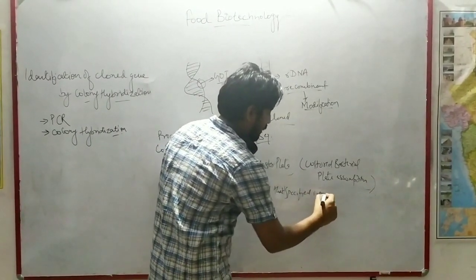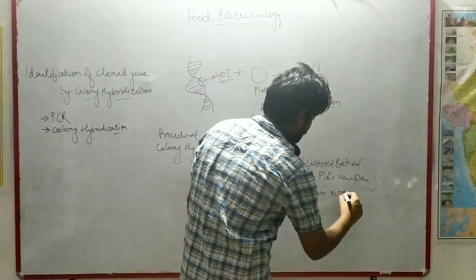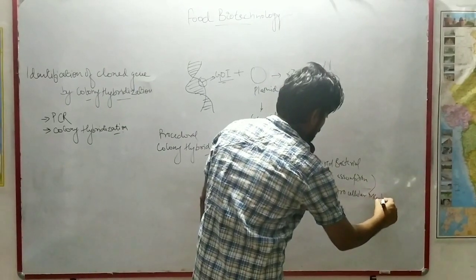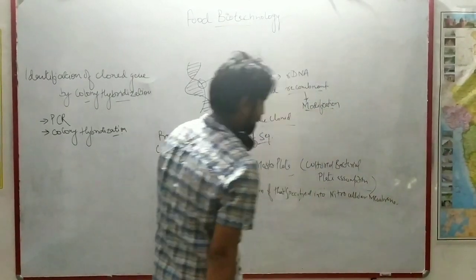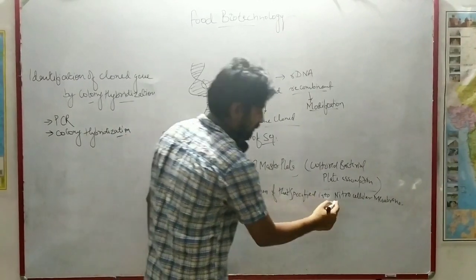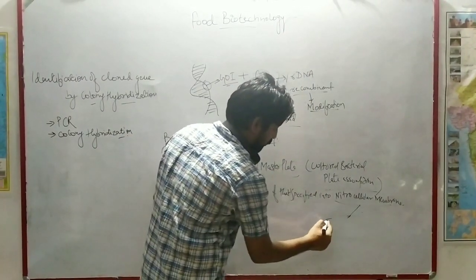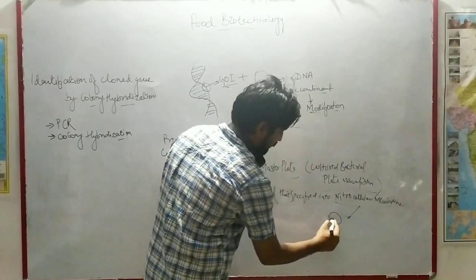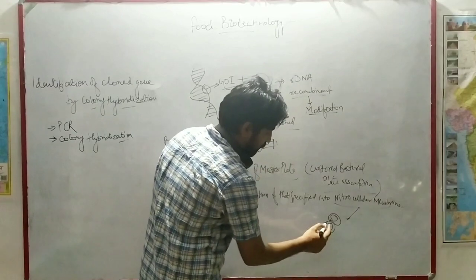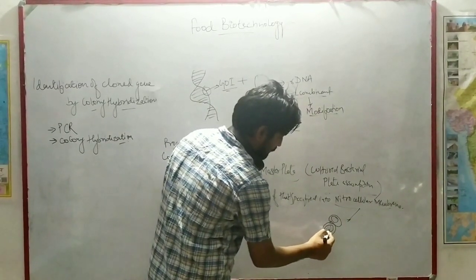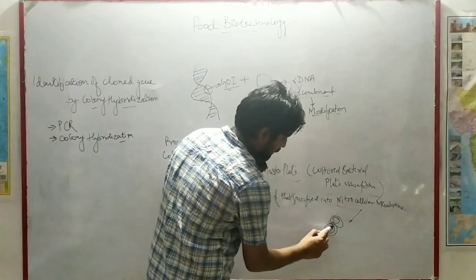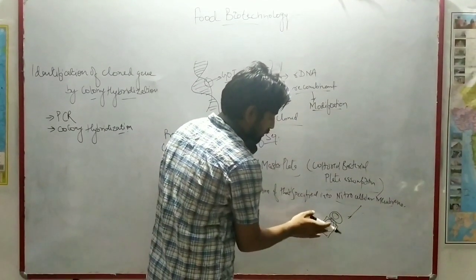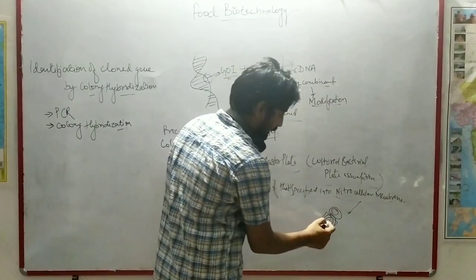onto the nitrocellulose membrane. This procedure has several steps. Firstly, we will take this membrane. This membrane will be taken onto a plate. For example, this is your plate, and this is the lid of that plate. There are colonies, and these colonies will be covered by your membrane. This square shape is your membrane. You have placed the membrane over the plate containing the bacteria.